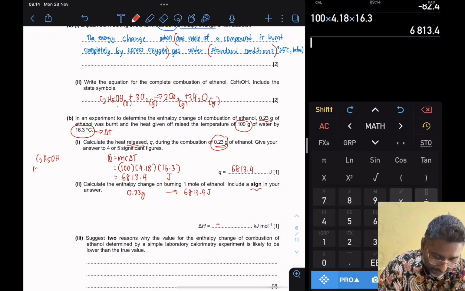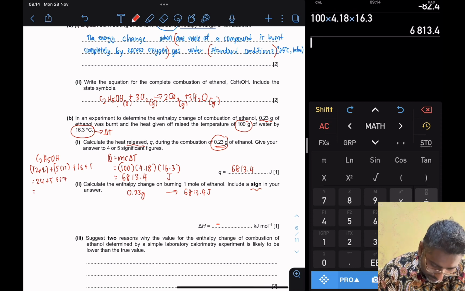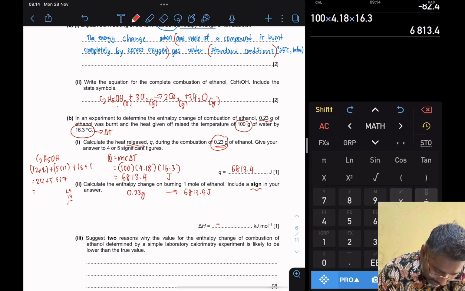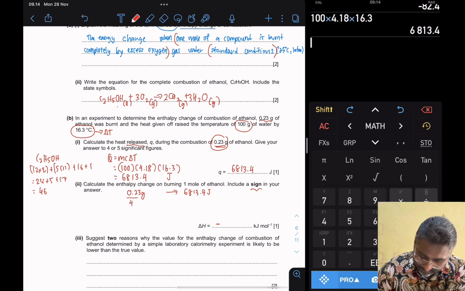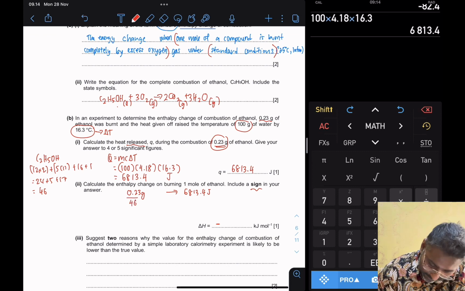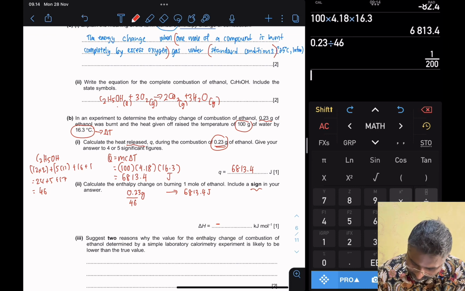Ethanol, C2H5OH: 12 times 2, the Mr, 5 times 1, plus 16 plus 1, so that's 24 plus 5 plus 17, that's 29 plus 17, 46. That's going to be your Mr, 46. So you divide 0.23 by 46, that's going to give you